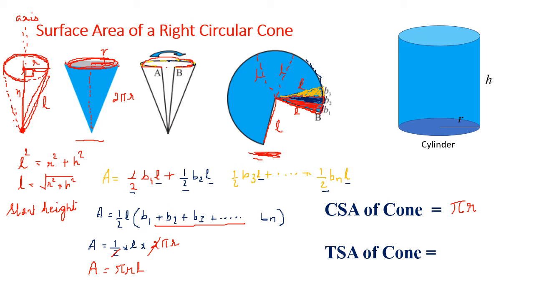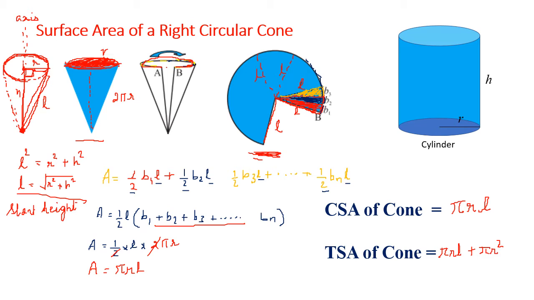R means the radius of the base. This is called the base. And L is the slant height, which we will find by this formula. And what about the total surface area of the cone? You found the curved surface area, so you will take the curved surface area pi r L. But if the cone is closed, it has got a base also, which is circular in nature. The base is a circle. So at this circle whose radius is r, the area is pi r square. So we get pi r square.